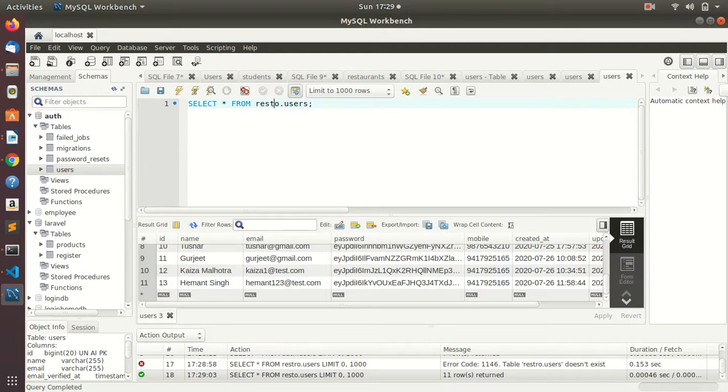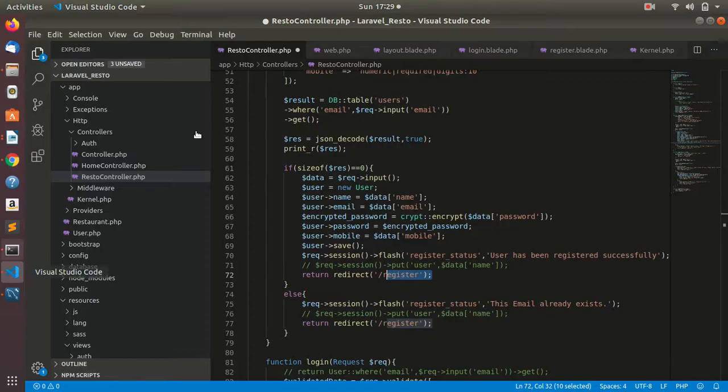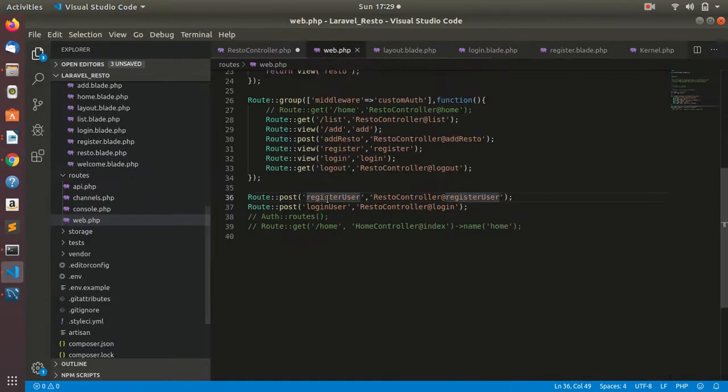So what actually happened? When I submitted the form data, it goes to the routes. It checks the action, that is register user, and then it goes to the resto controller, because at this route we have said that we want to submit the data to the controller, to the register user function.